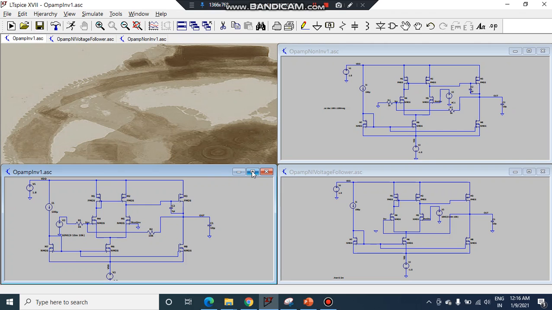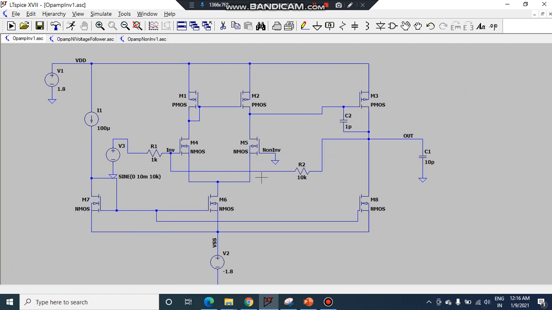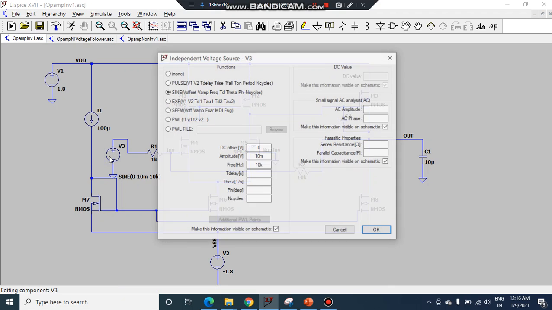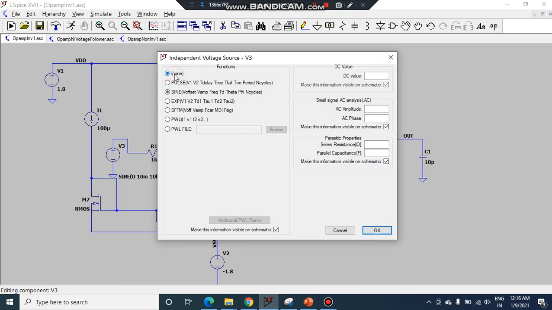Now we'll be doing AC analysis of this amplifier to have its Bode plot. So what I do here, I just go to this input signal, right click, select it as none, and in AC amplitude I give it as 1. Why 1? Because in AC analysis we need the plot of gain. The gain is output divided by input. So if I am keeping input as 1, then I just need to plot the output, and that itself will represent the gain. So let us keep it as 1, and okay.